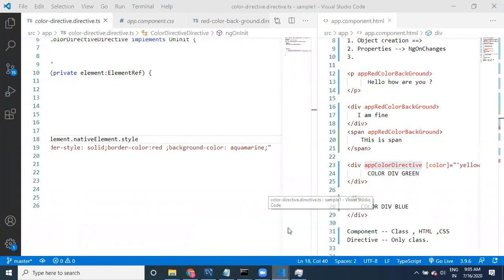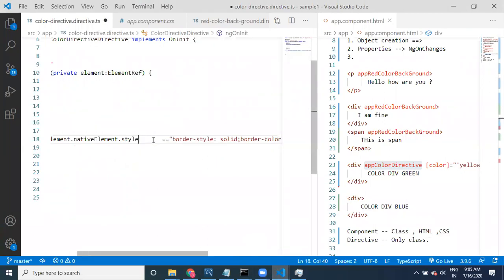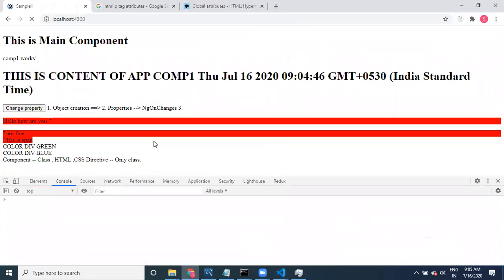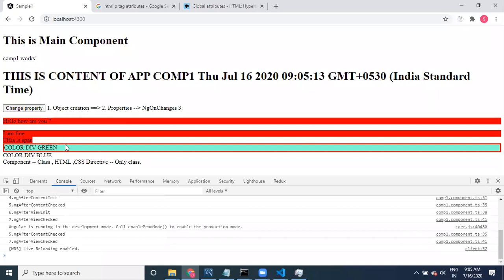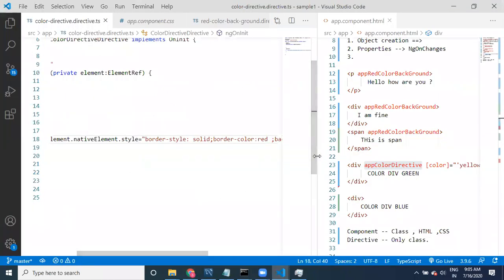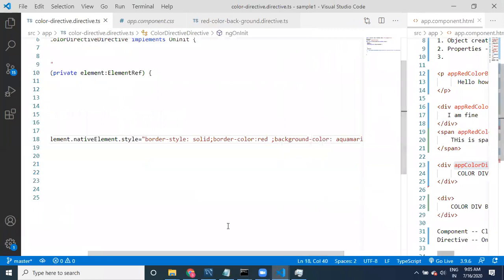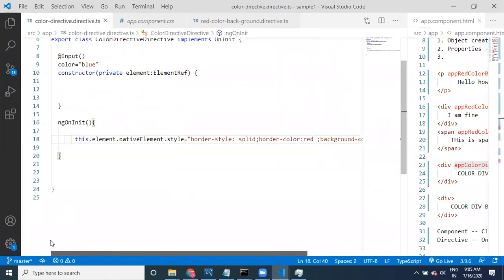We'll check it out. We have provided double equals, provide a single one. See here, guys, this is background color and border color. So you can apply multiple styles like this using style equal to.